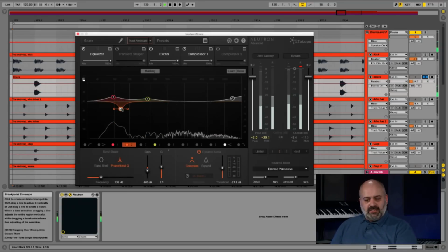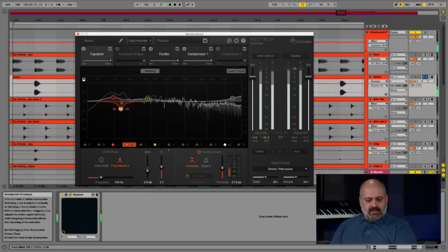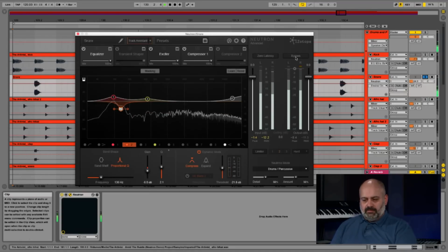About 136 hertz. Now that, you remember I was saying before, how sometimes on a kick drum, say, I would kind of have a bit of a notch. That's the kind of area that I would do that. You can see every time the snare's playing, it's just pushing back there. Again, if we A-B it,